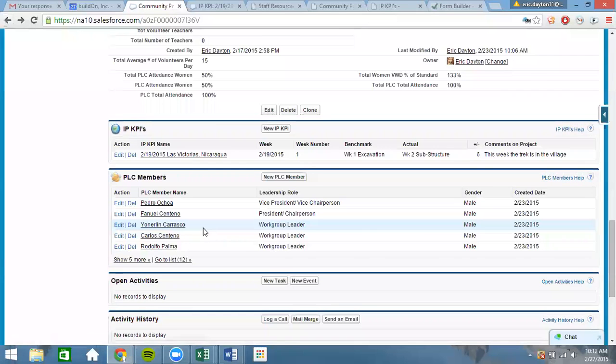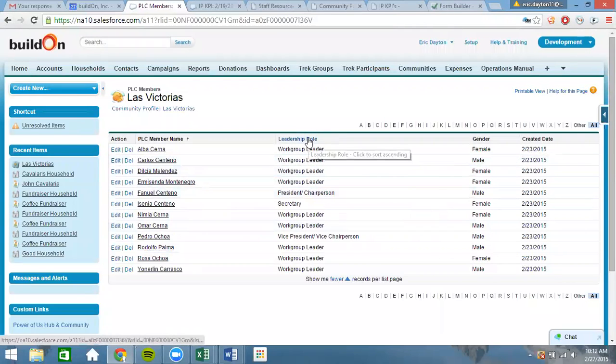Also, can you go back to that PLC? Yeah. So Danilo, you and your team in the future, instead of creating that extra title called work group leader, we assume that everyone is a work group leader or a community member. So what I really only want to see is the president, chairperson, the secretary, and the vice president. So then we can